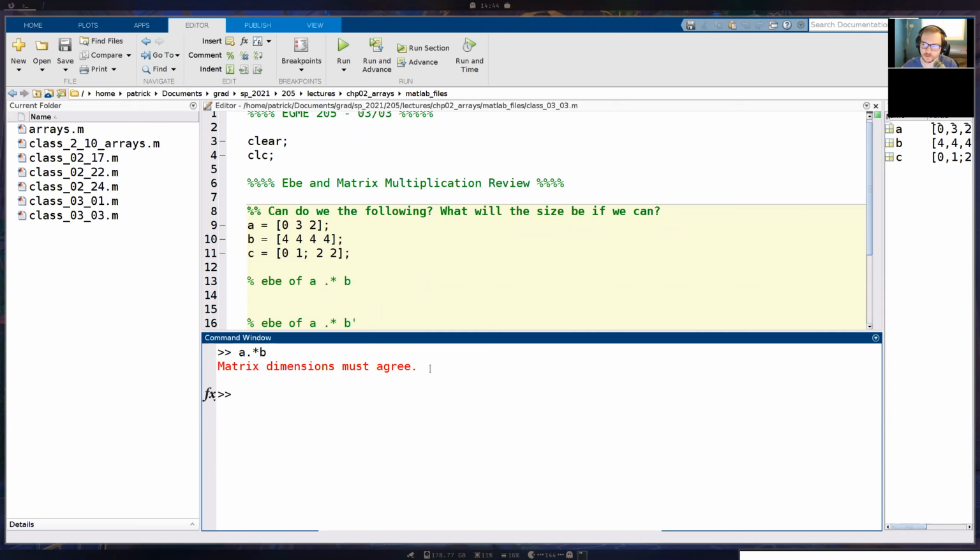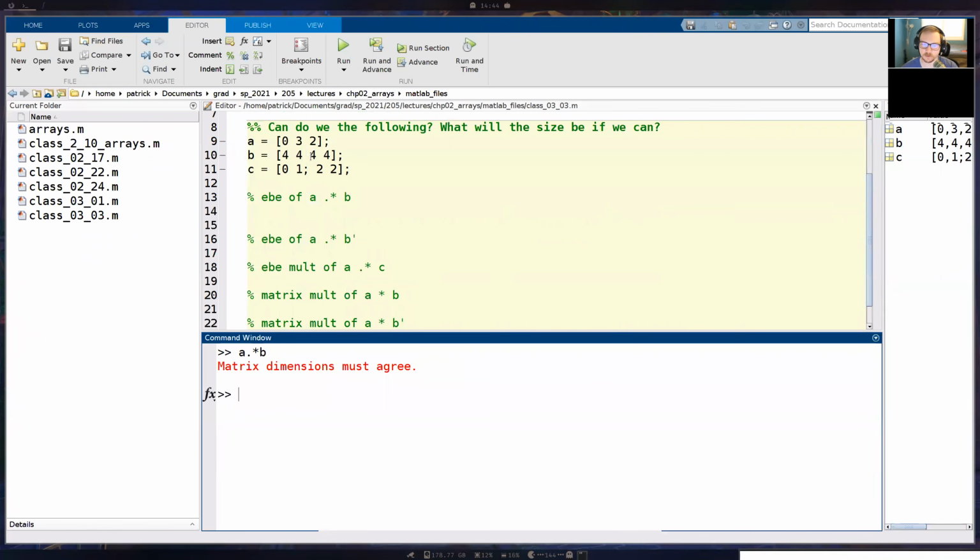Before, we saw that we could do element by element multiplication with a row vector and a column vector. But in this case we have two different row vectors and they're different sizes, and we can't do it, because when we have two vectors with the same orientation, either both row vectors or both column vectors, they have to have the same length.